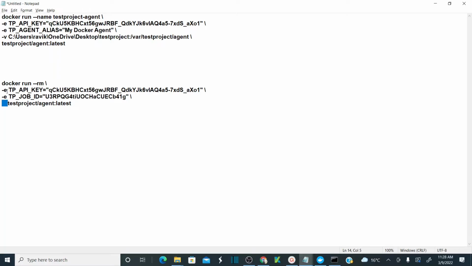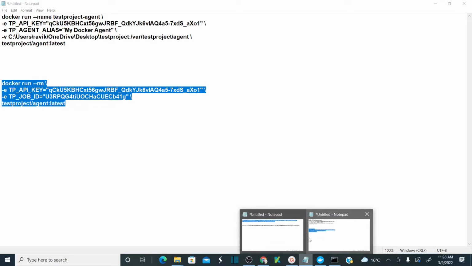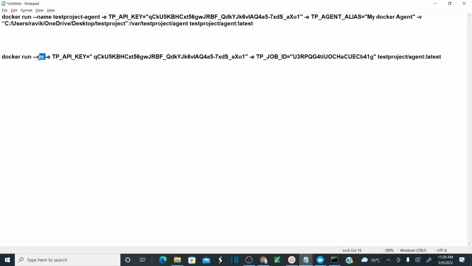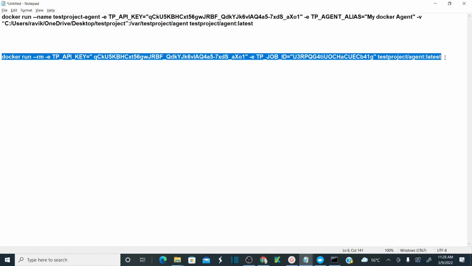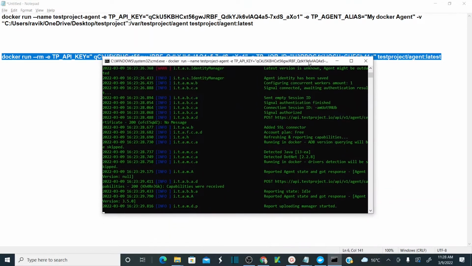Remove the spaces, right? And then you need to copy this and paste it. Okay, before that I just made that into one single liner here. Same thing, Docker rm represents remove. That means I'm actually using a temporary agent. I'm creating a temporary agent with a job ID. Okay, you need to copy this. So before I execute this command,